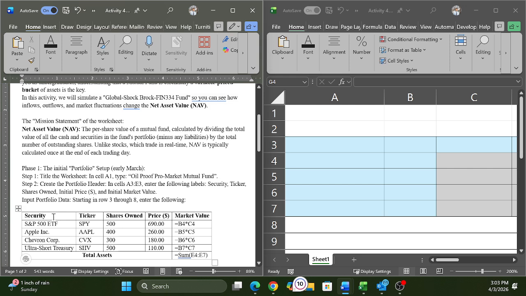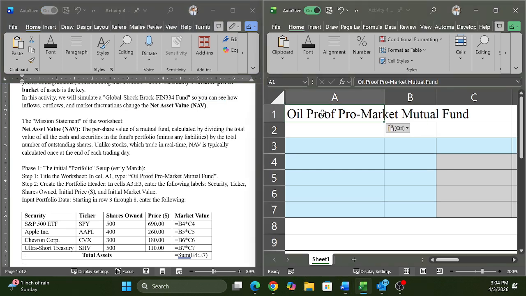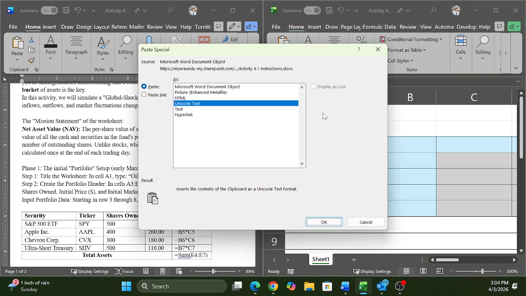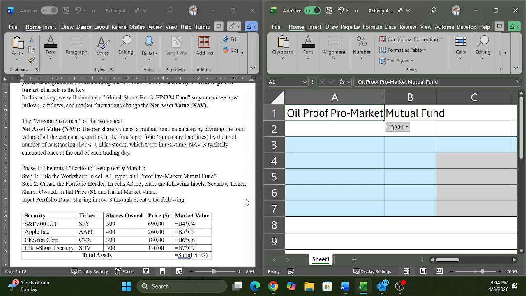end of the day. So for the initial portfolio setup, the first thing is we give a title called Oil Proof Market Mutual Fund, or Brock Mutual Fund, whatever you want to call it. Excuse me. So yeah, Oil Proof Market Mutual Fund. That's the first step. Second step is to create a portfolio header in the cells A3 to E3 with these